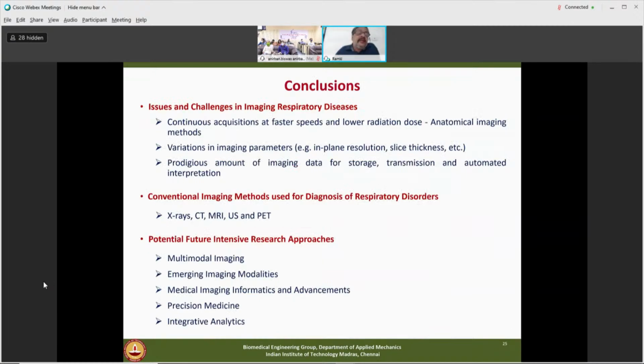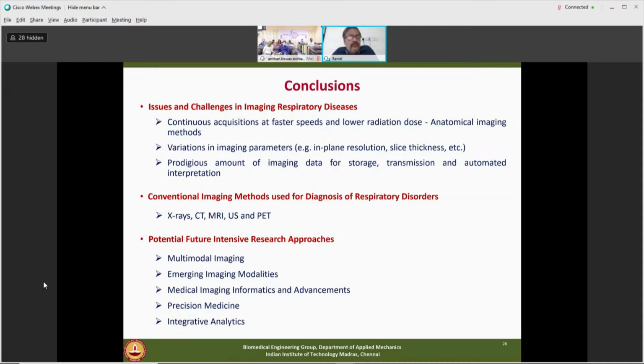Let us conclude. There are some issues and challenges in imaging respiratory disorders. Especially, we don't have faster acquisitions. We need solutions for low radiation dose, so precise anatomical imaging methods are required. Then there are variations in imaging parameters, such as different slice thickness and resolution. There is a predominant amount of imaging data for storage and automation. There are multiple modes also. The conventional methods used for respiratory disorders alone cannot provide biomarkers for informed